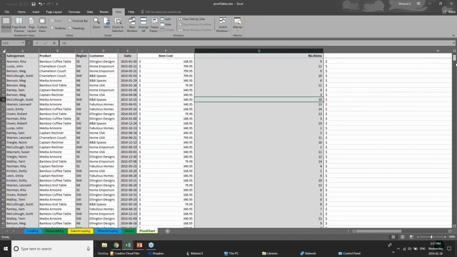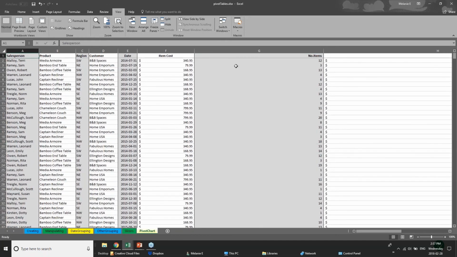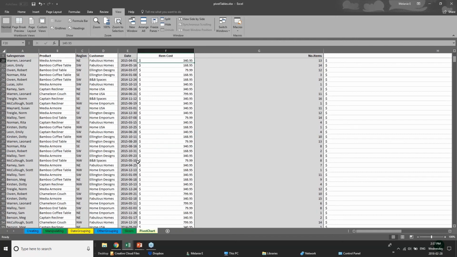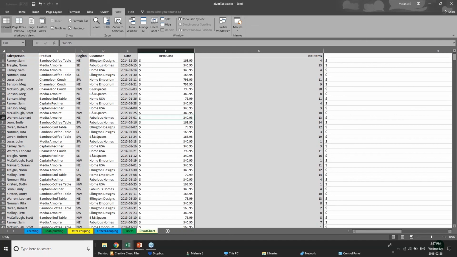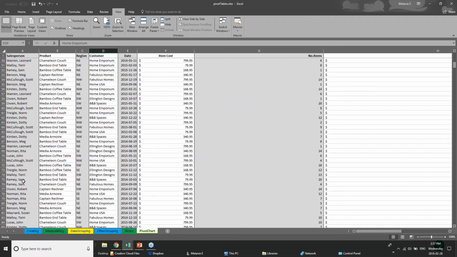So as I scroll my information, you'll see that the top row always stays the same. So this is just really, really handy, again, when you're dealing with lots of different information. There's another sort of functionality here that I wanted to mention called split. Again, when you're dealing with these long worksheets with lots of data, and say you want to do some